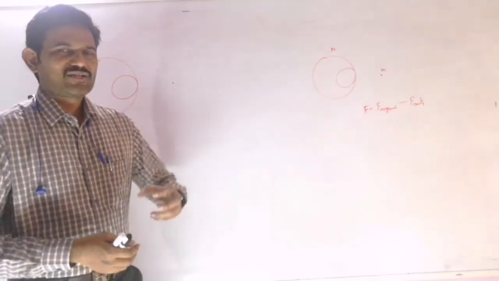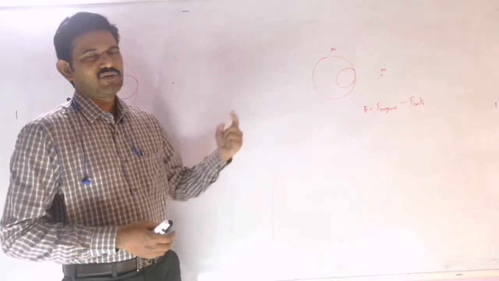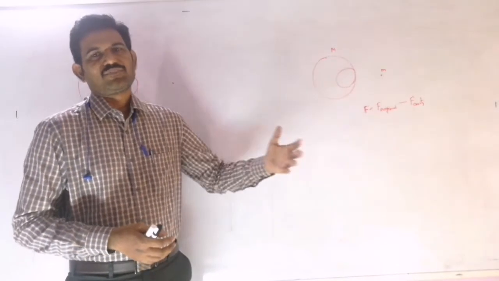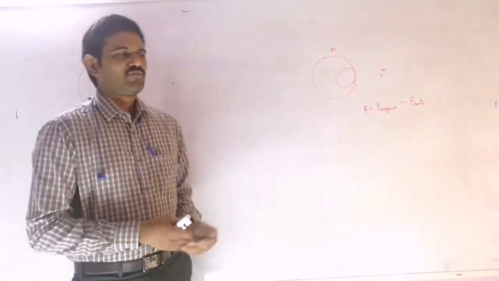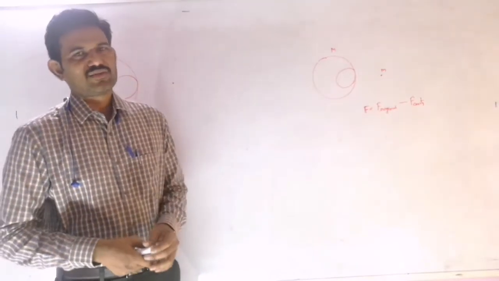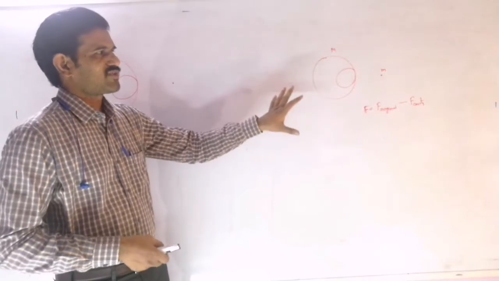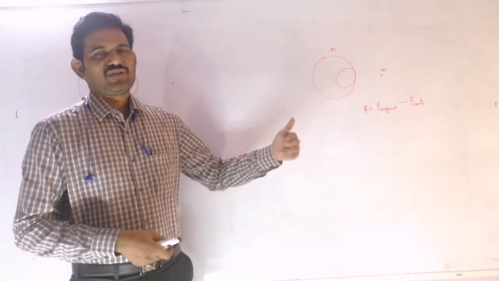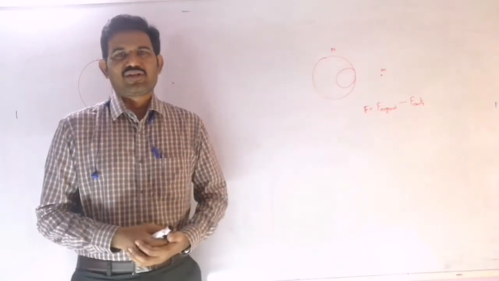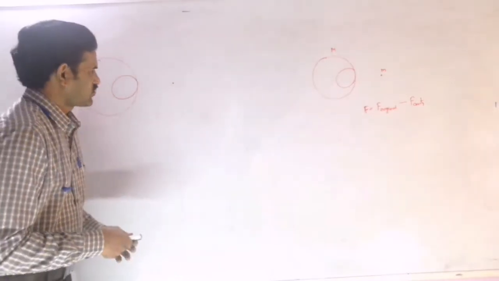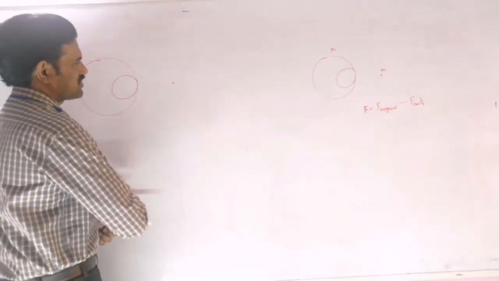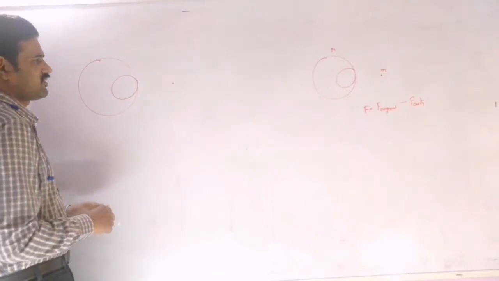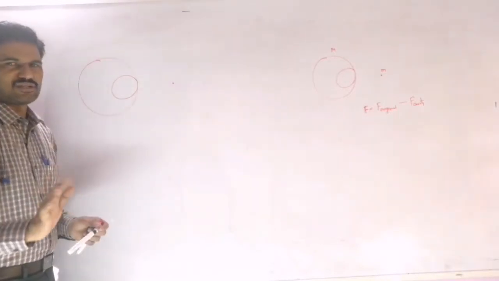Now I am saying that you can also solve this by using the procedure which we already used in gravitation and in moment of inertia. In moment of inertia calculations also we did some problems like this. If you want to find the moment of inertia of such an object with a cavity, we take the original moment of inertia minus the moment of inertia of the removed part, right? Similarly, here we can also approach by that method. Both are the same, finally the result will be the same. Only the initial assumption will be different.